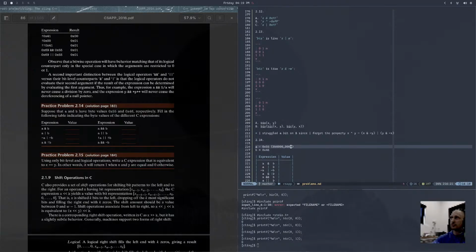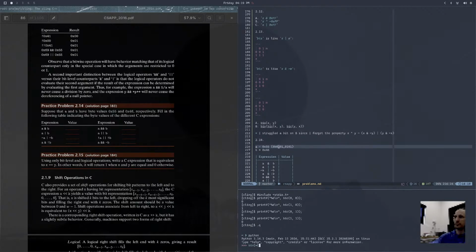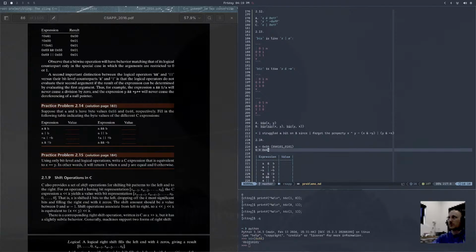5 will be 0, 1, 2, 3, 4, 5. So it'd be 1 here, 1 here. And we can confirm that by getting up here Python. Say bin of 0x55: 1010101. Yep. And then here it can be 0b